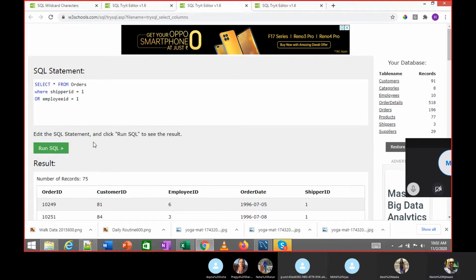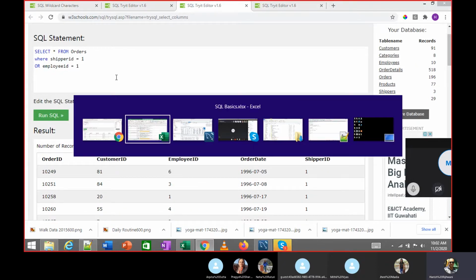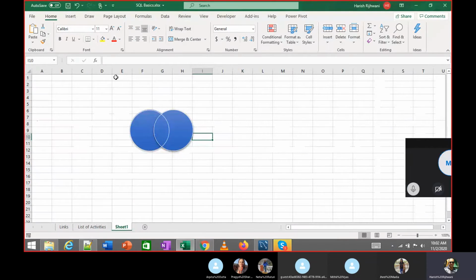Okay, this or this, you know this truth table: true and true, true and false, false and true, false and false. The first condition, this is the second condition.